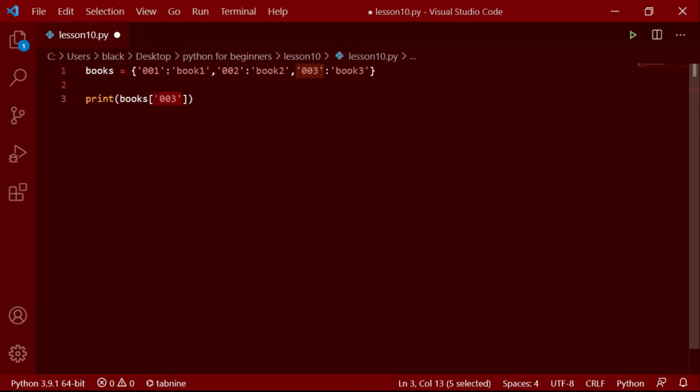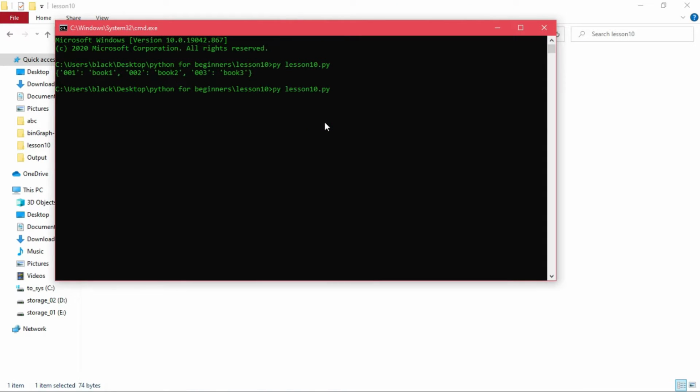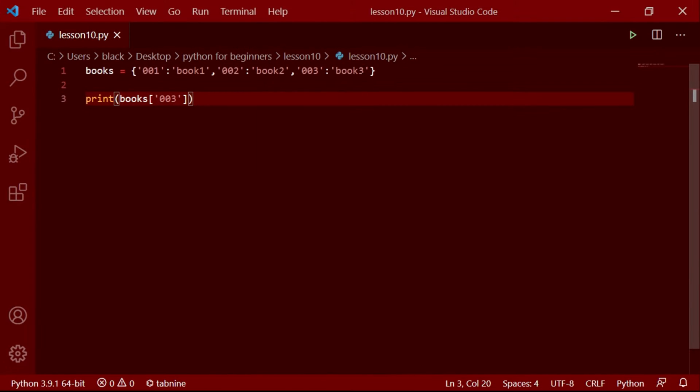And also you have to add these quotation marks, or otherwise it will change the data type to int and it will cause errors. If I save it and run it again, it is giving out book 3, which is the third element.